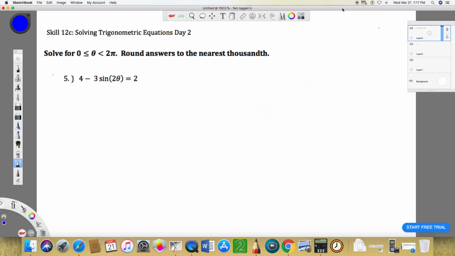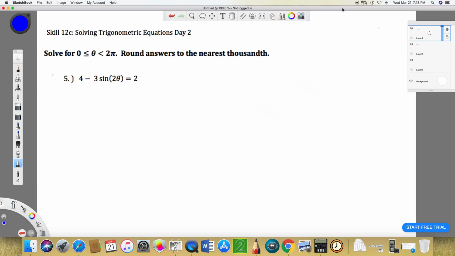All right, so let's take a look here at this problem number 5. We have a trigonometric equation, involves sine. We expect that there might be infinitely many solutions to this, but we're only looking of those infinitely many for the ones that are between 0 and 2 pi. Now, it's possible this could have no solution, but let's jump in and take a look at this a little